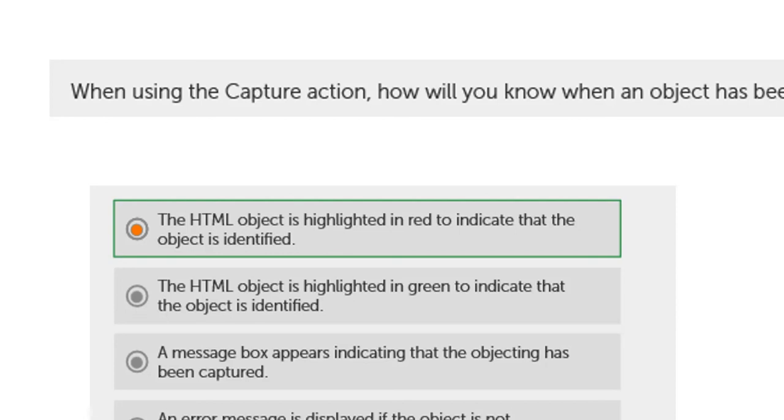The universal recorder will automatically identify the application, whether it is web, Windows, Silverlight, Flex, SAP or Salesforce, whatever it may be. It will identify the application and take the fields and data. If it is a web application, it specifically captures the HTML object and highlights it in red to indicate the object is identified. So whether the object is identified or not, it will be highlighted in red.